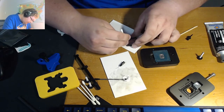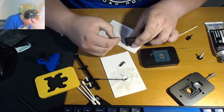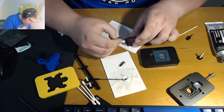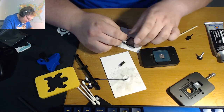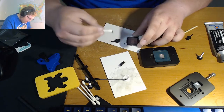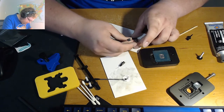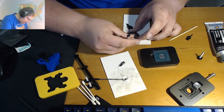The cotton swab is probably not the best applicator for this material, but it will work eventually. Okay, so it's definitely kind of a dirty application. It is very messy to apply this stuff with a cotton swab, but it works. And then you can always just take the other side of the cotton swab and clear it away from areas where you don't want it to touch. I usually run it along the interior edge,